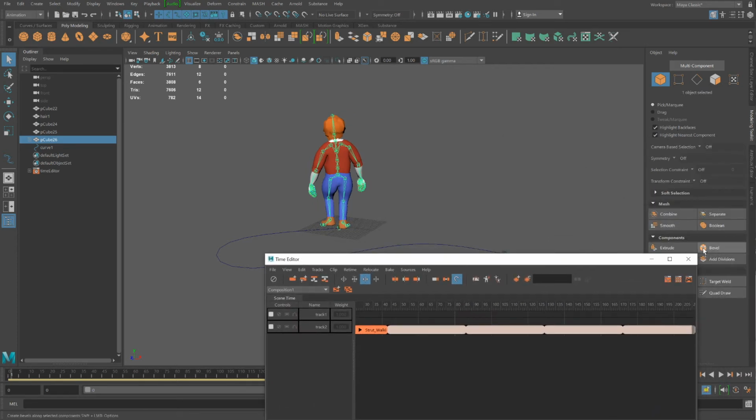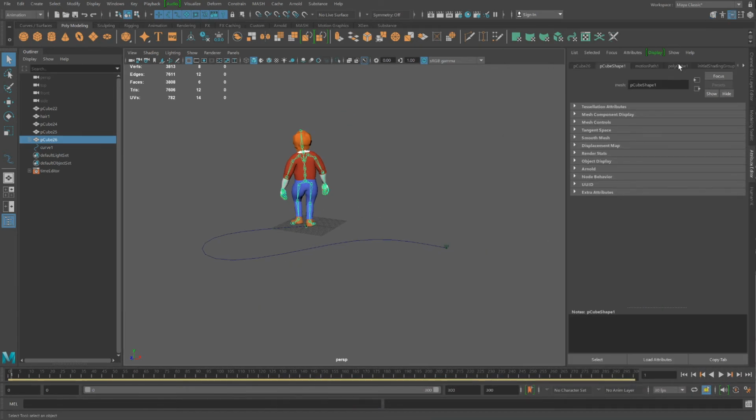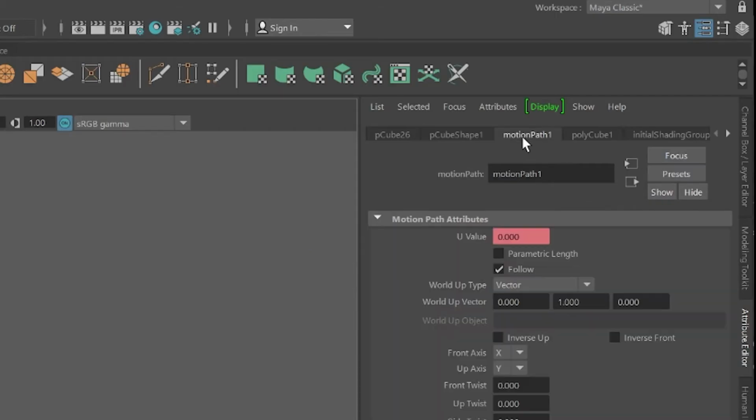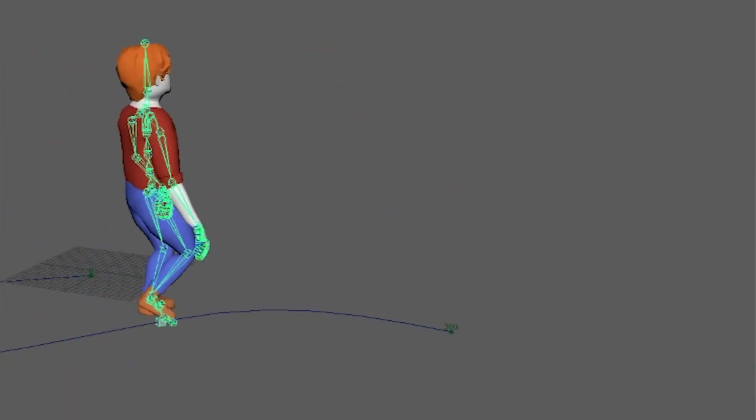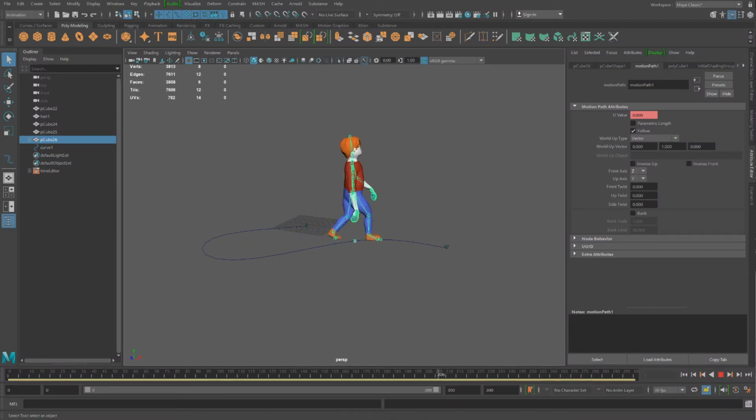Control A, going to Motion Path 1, and select a different front axis. You can go through them, X, Y, Z, and the Z one was correct. Now our character walks along that path until it runs out of animation, then just slides along that path. To continue the animation after frame 180,